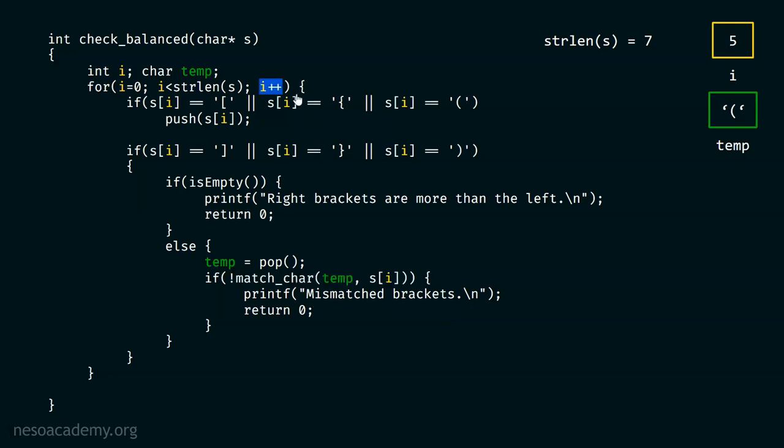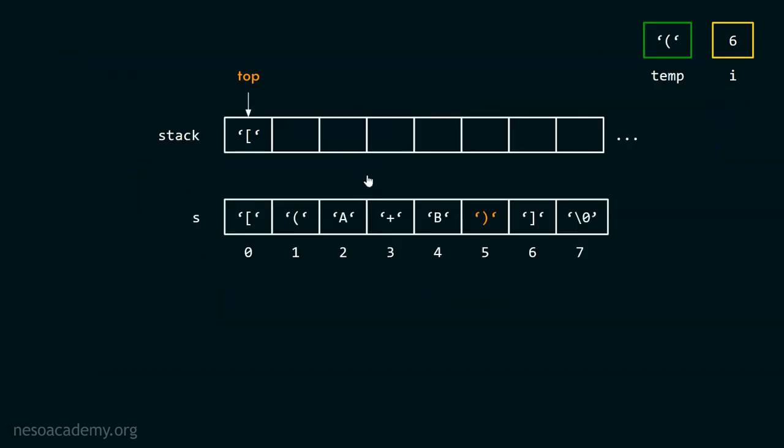Now we must continue and increment our I variable. Now this becomes 6. We must check this condition. Is 6 less than 7? Yes, we know that 6 is less than 7, right? We must continue and check this condition. Because we know that at this point in time we either have a left round bracket, a left square bracket, or a left curly bracket. We know that at this point in time si is actually equal to right square bracket